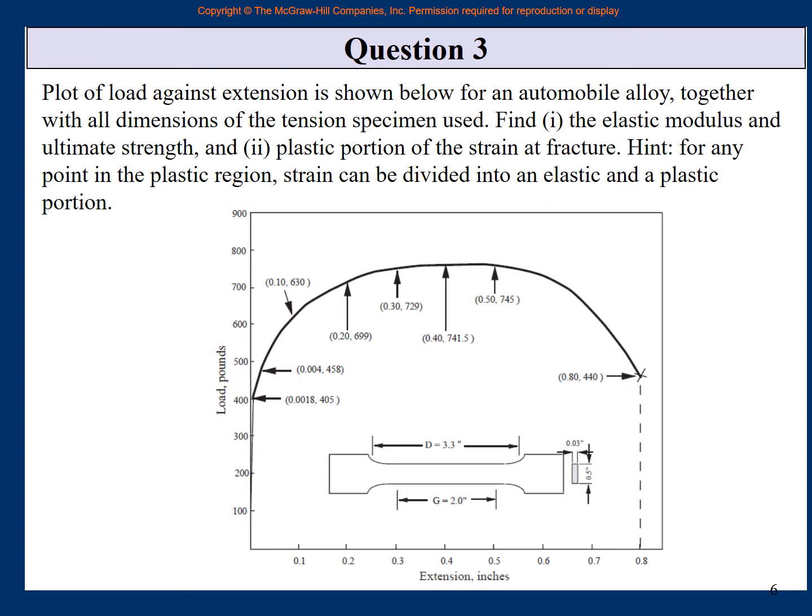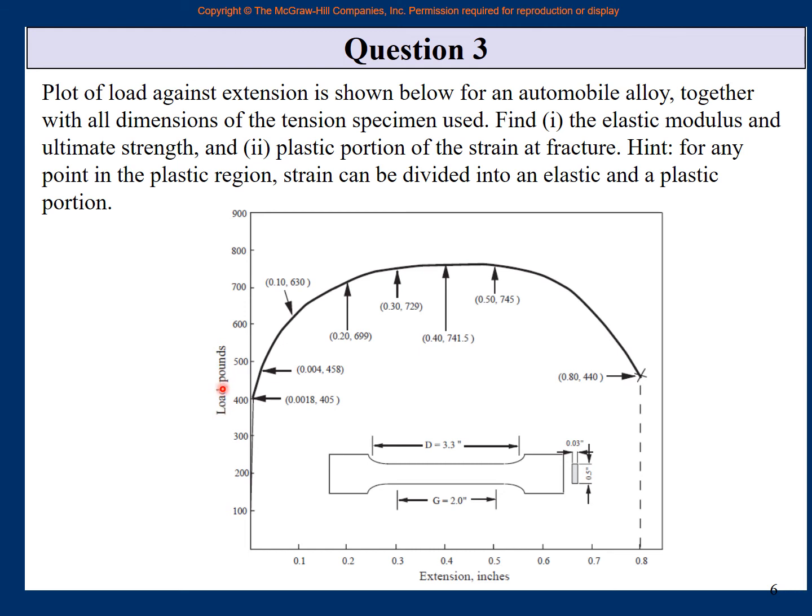Those of you who solved it correctly already know it. Those of you who were in some doubt, hopefully they will learn more as we discuss it. And even those who solved it almost correctly maybe will benefit from the explanations, right? So first thing is that you see the diagram, a stress strain diagram is not given. Load is given and extension is given.